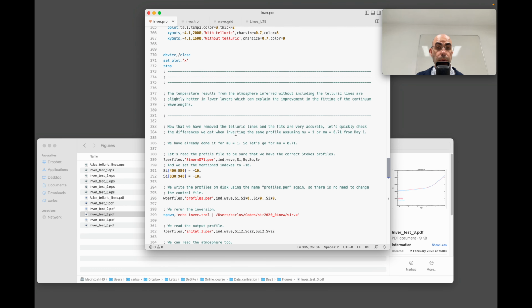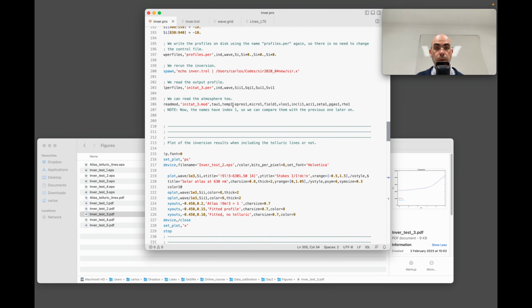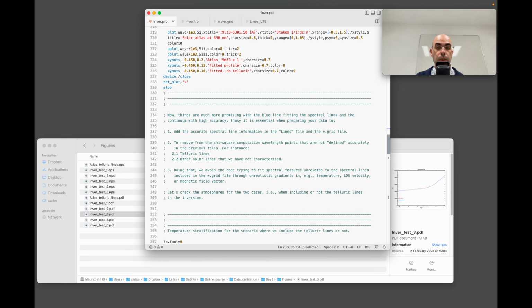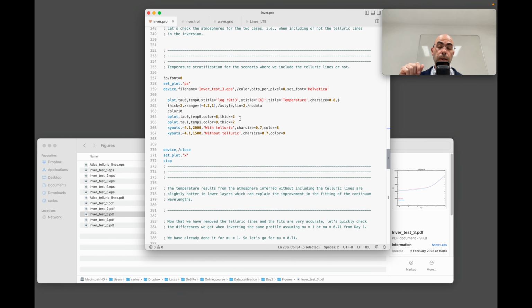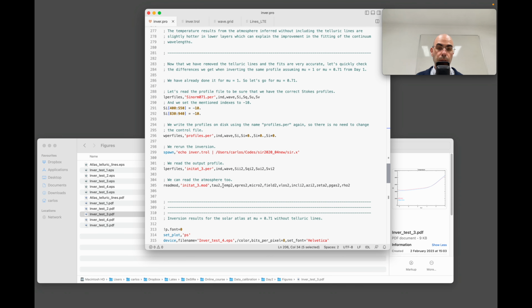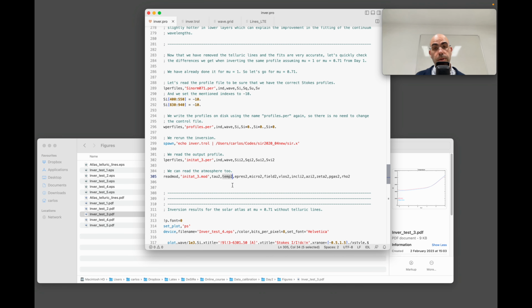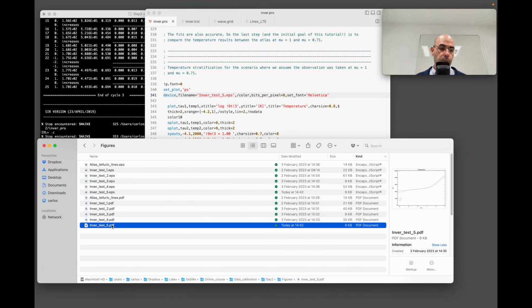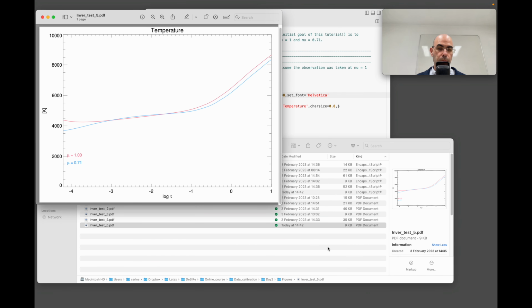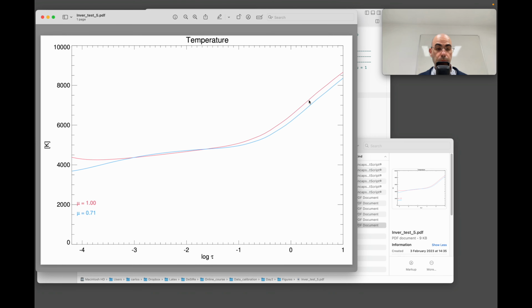So without telluric lines and mu equal 1, it's temp 1 and tau 1. And then heliocentric angle 0.71 without telluric lines, so it's a good result, it's temp 2. So now we are going to compare temperature 1 versus temperature 2. If we open the PDF, we have that the red corresponds to the case where we took the atlas and we just normalized to the local continuum intensity. And blue is the case where we added a renormalization scale, assuming that the heliocentric angle was 0.71. Okay, so then